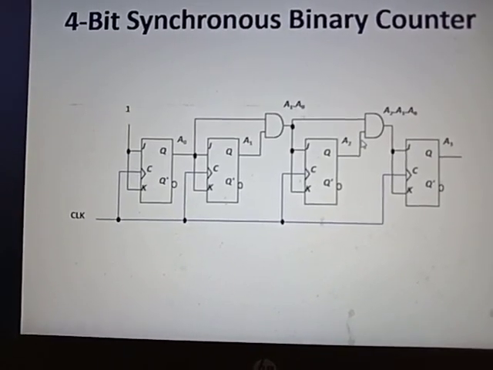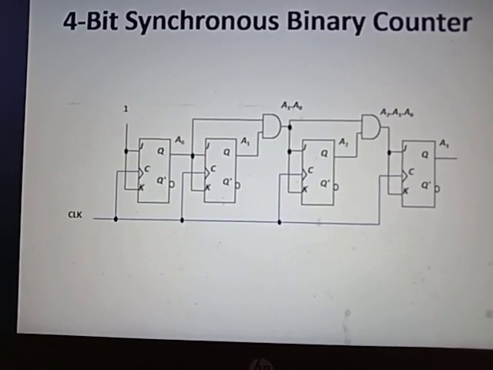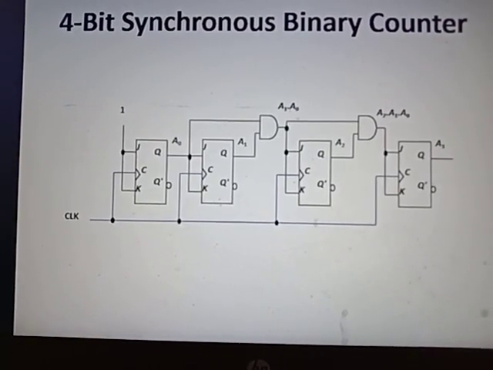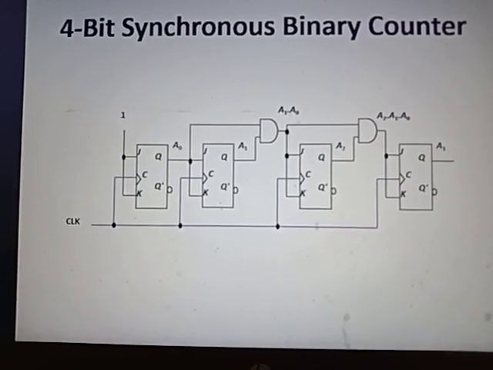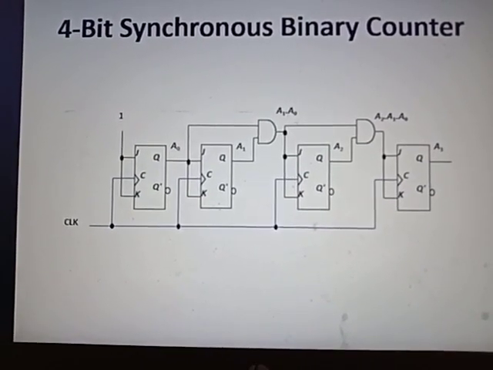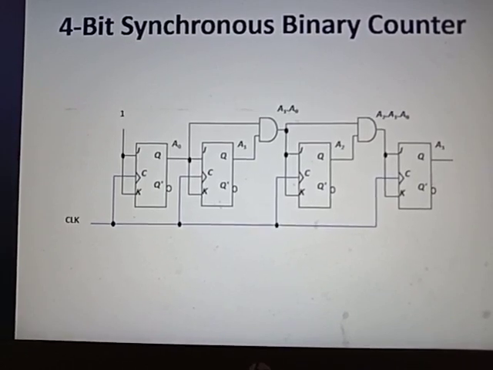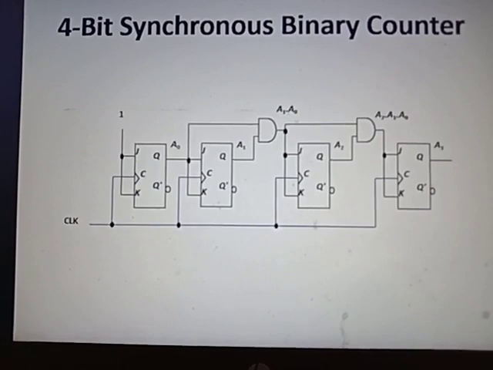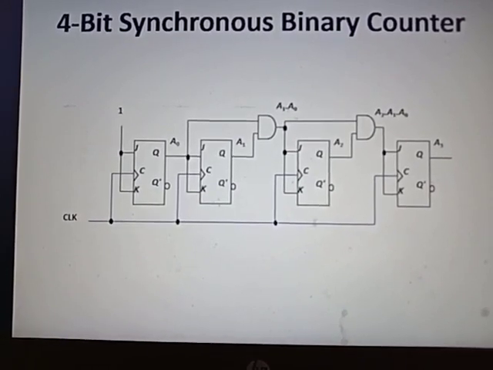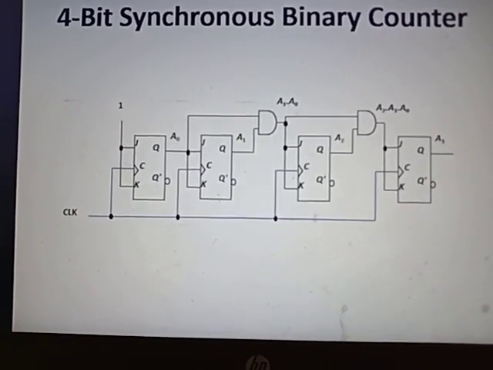How to proceed with this circuit diagram, that is what we need to learn about the design procedure. Here I have just given you a circuit diagram to get an overview of what a digital counter is, what a synchronous counter is, what an asynchronous counter is, and how it will appear in the final state. Now in the next session we'll learn more about the design procedure.